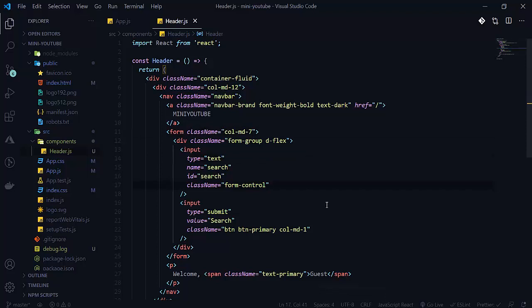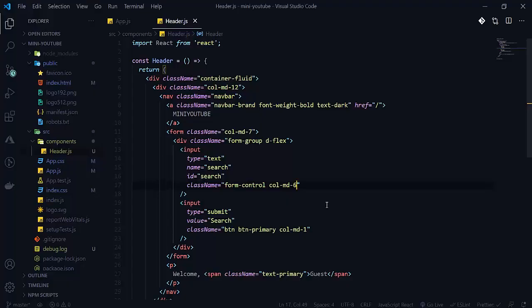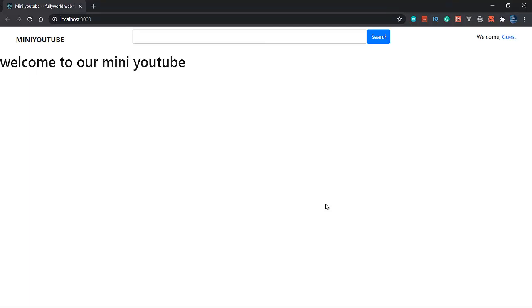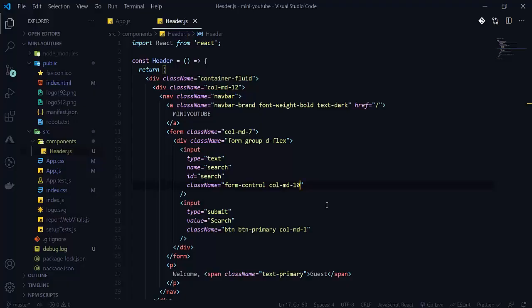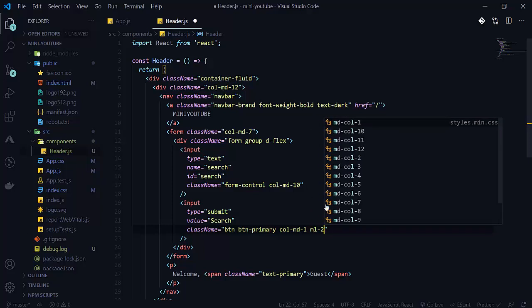Here it is, and then here we will apply col-md-6. So let's see how it will work. See that col-md-6 is looking like that. So col-md-10 will be here. Because here col-md-6, col-md-10, see that col-md-10 is looking good for this. And now there will be one margin here. So here will be margin, margin left will be 1 here. So margin left we want, so margin left will be 1 here.